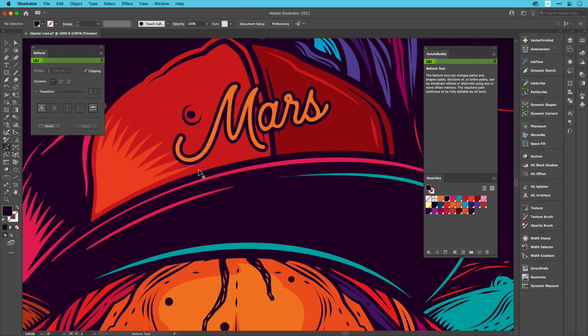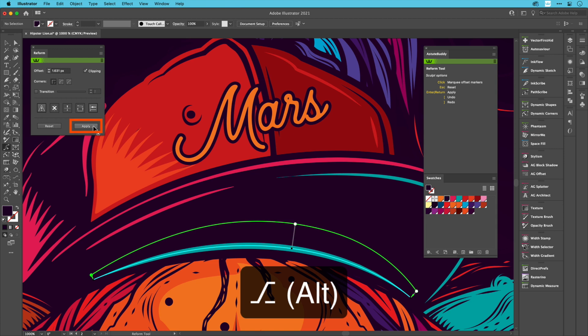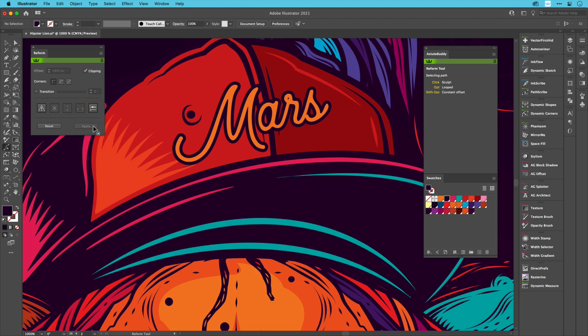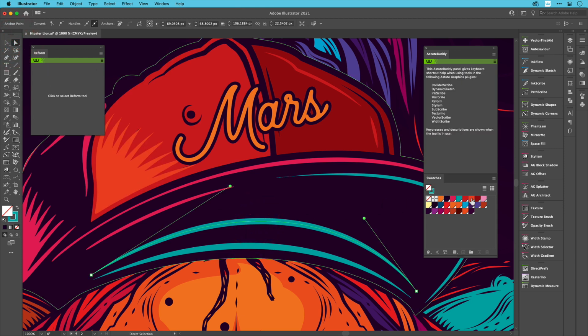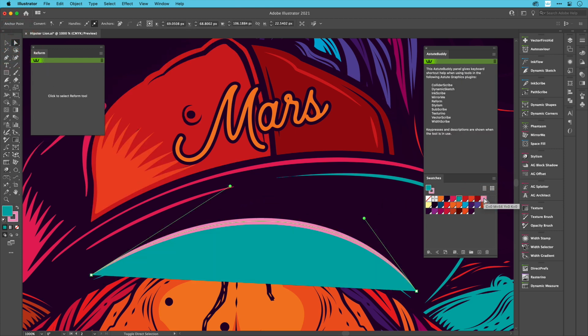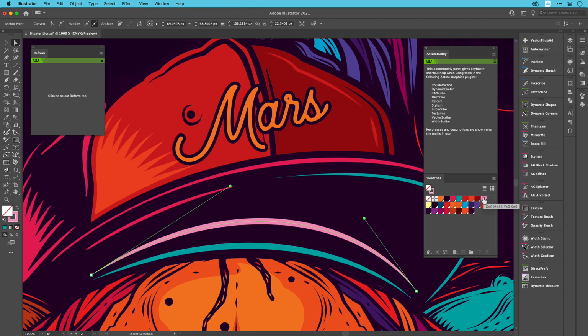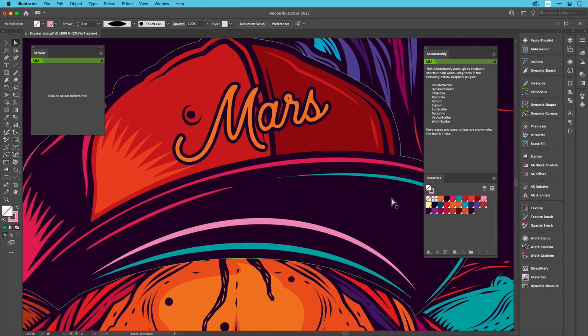The second improvement allows the reshaped element to be created as a new path, leaving the original path as is. With the Cyan Arc element in this design, by dragging out a new reform profile, it's now possible to hold down the optional Alt key when clicking on the Apply button in the Reform panel. By doing so, a new open stroke is created using the stroke color of the original. The new artwork element can be selected using the native Direct Select tool, then colored and styled as desired.